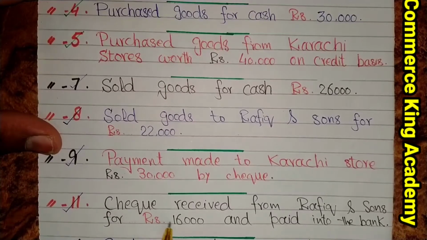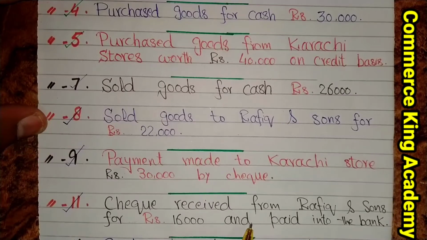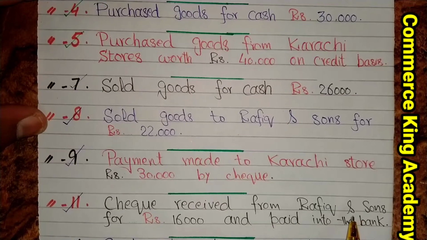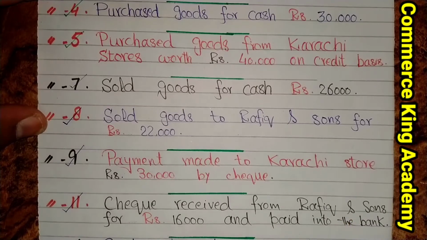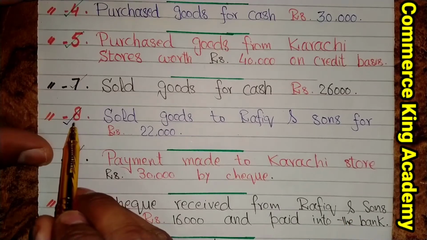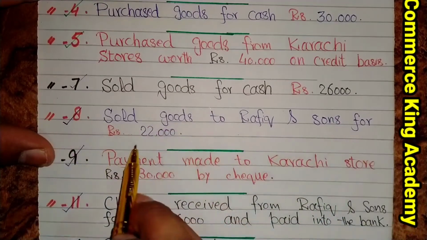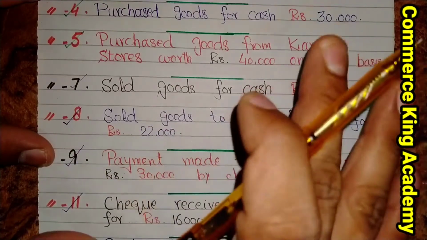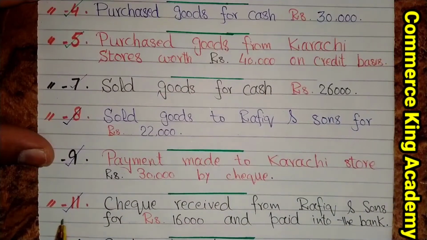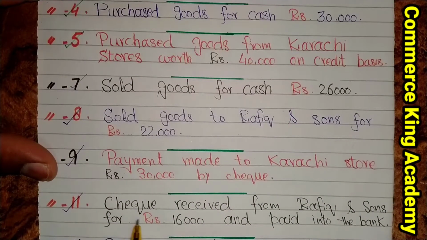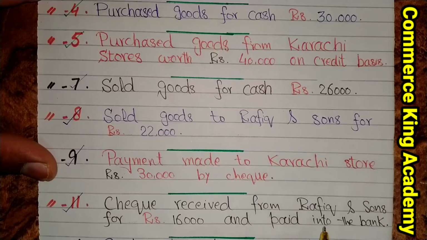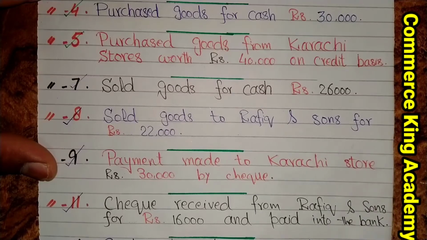For understanding this transaction, we first recall the account of Rafiq and Sons. Right now, this is the previous account of Rafiq and Sons. We sold goods to Rafiq on an earlier date for 22,000 rupees. Clear? So now we have received a check from Rafiq and Sons because Rafiq and Sons is our customer here,